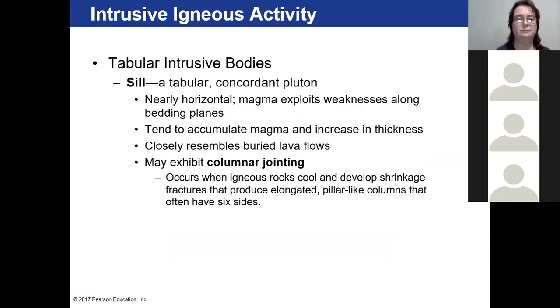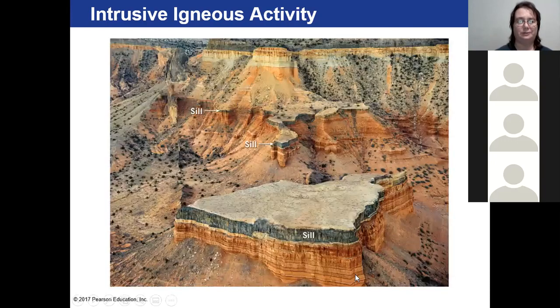Sills are again horizontal; magma comes up and fills in spaces and forms a layer. It forms columnar jointing. Right, so here's a sill, and this is probably the Grand Canyon, is what it looks like. So that has moved in here, and that was once connected over here. Then all this erosion occurred, and now we can see the sill. So we've got the jointing moving